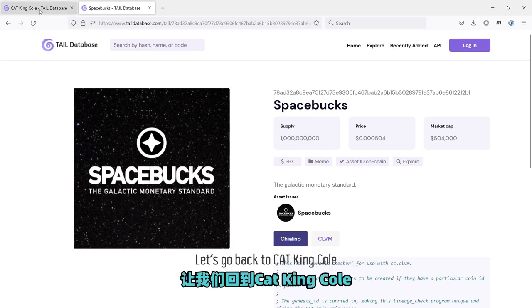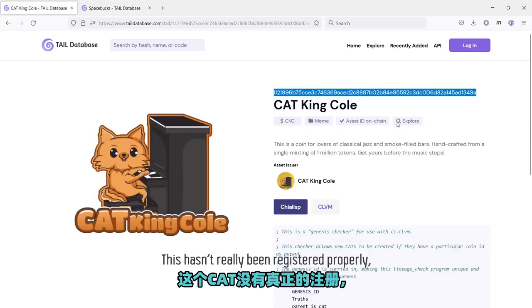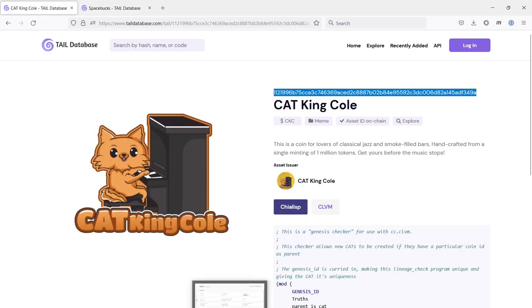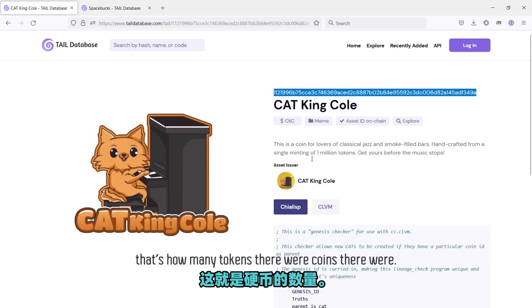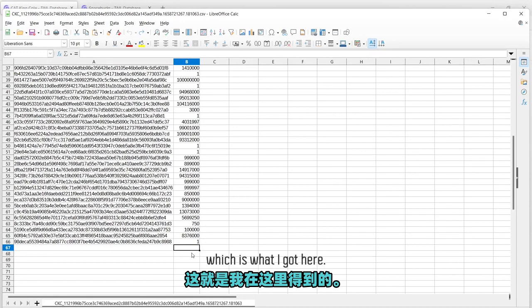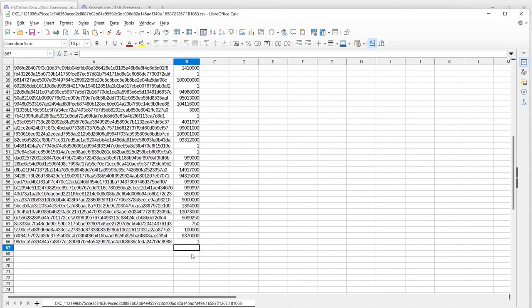Let's go back to Cat King Cole. This hasn't really been registered properly, so it doesn't have this number. But if it did, it would say 1 million. That's how many tokens there were or coins there were. And when you multiply that by 1,000, you get 1 billion, which is what I got here. So once you know that,